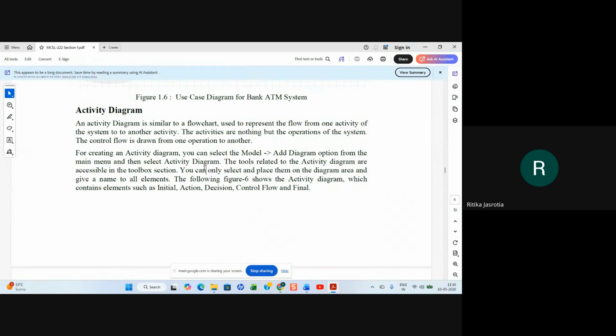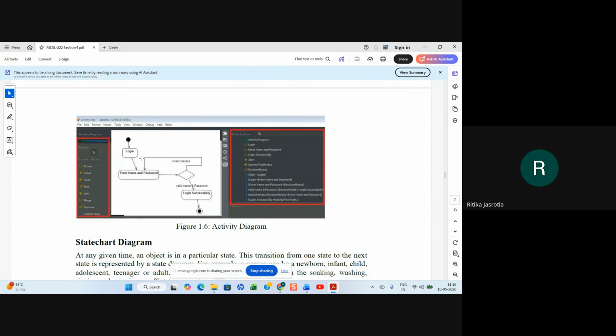For creating an activity diagram, in our case, this is how an activity diagram is made. This is your starting point. Then you log in. This is the activity, and the arrows or lines are given for connecting. Then they are saying enter name and password, and there is a condition check. The diamond is for condition checking or if else, right?